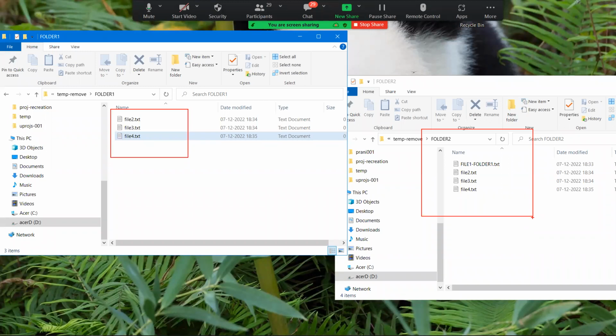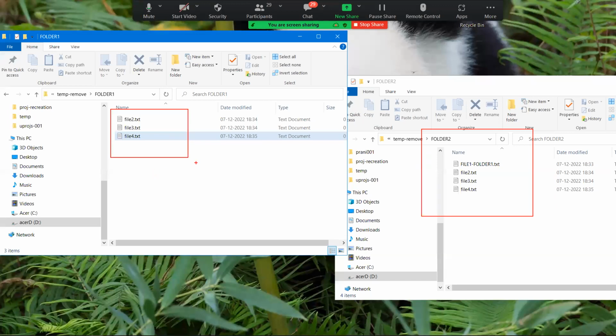Somebody says write a bash script. No, we are in Windows. We can't write bash scripts in Windows. Bash scripts are in Linux. We will talk about it in a moment. So right now the question is, is there any way to make this manual work be done by my laptop?